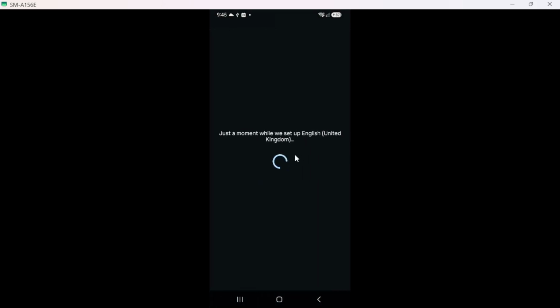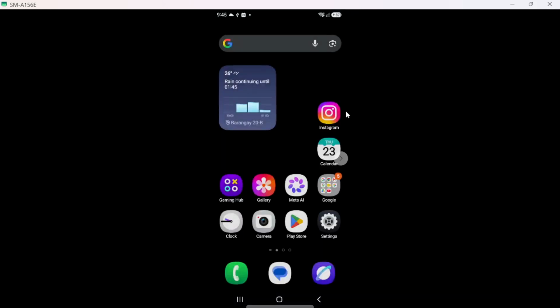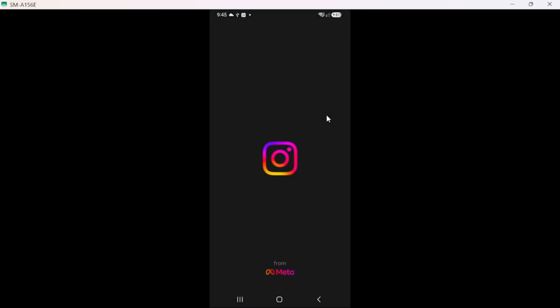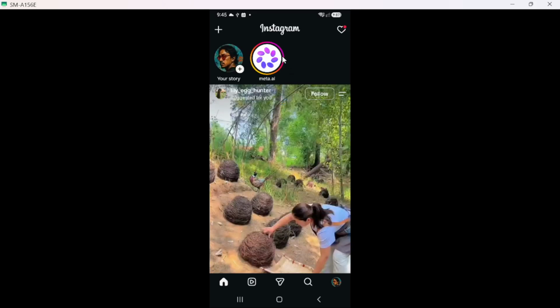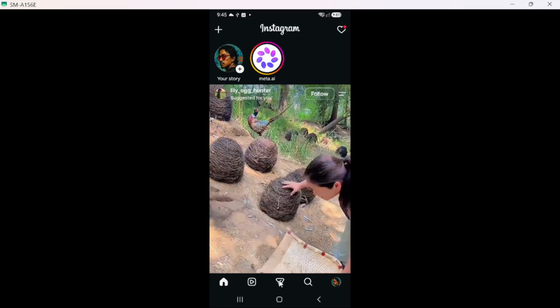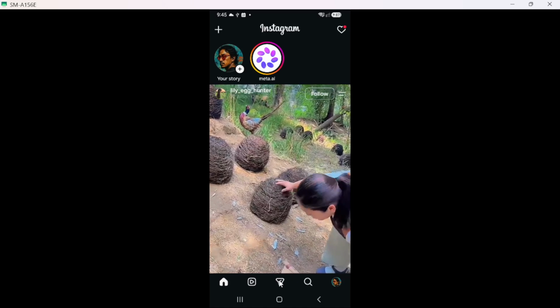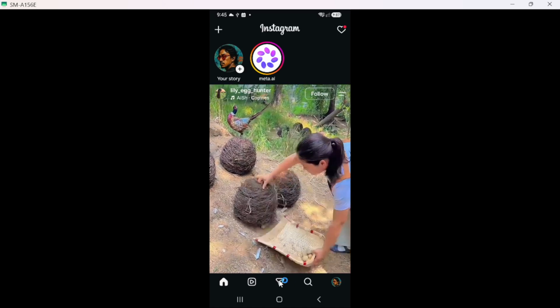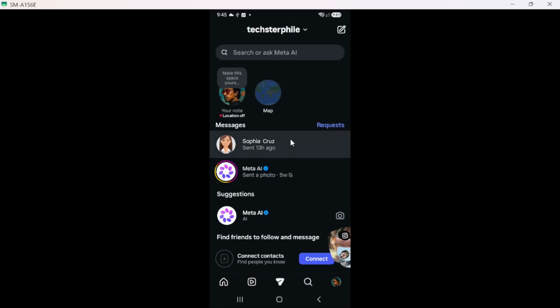Now that you are in the Messages section, you will need to find the specific chat you want to delete. Scroll through your conversations until you locate the one that you wish to remove. Take your time with this step to ensure you are selecting the correct conversation, as deleting it will remove it from your inbox permanently. This careful selection helps you avoid unintended deletions, keeping your chat history organized and manageable.